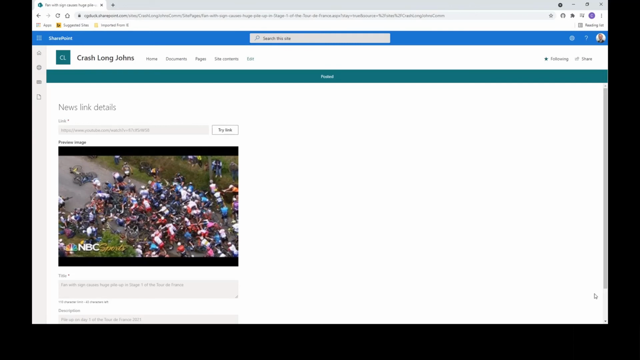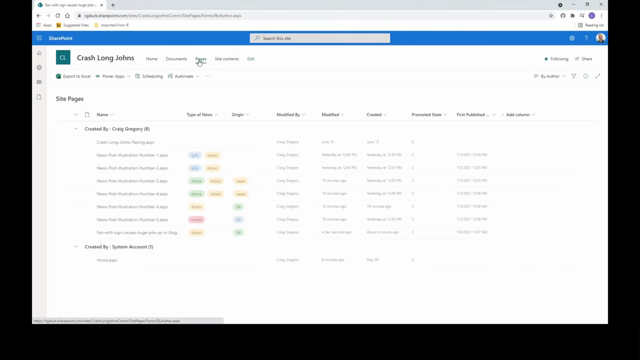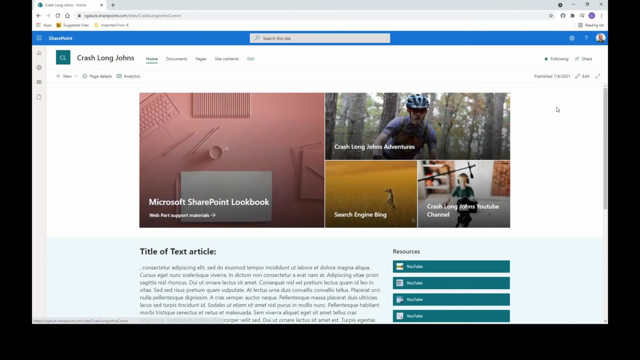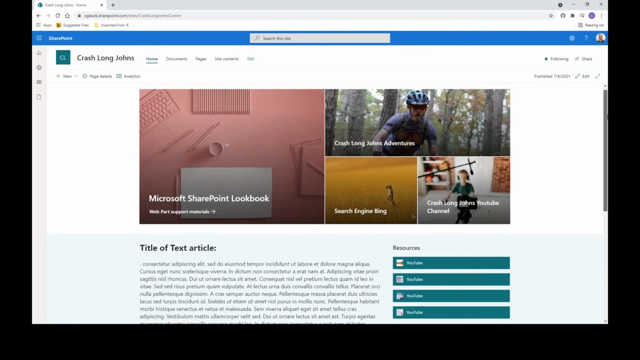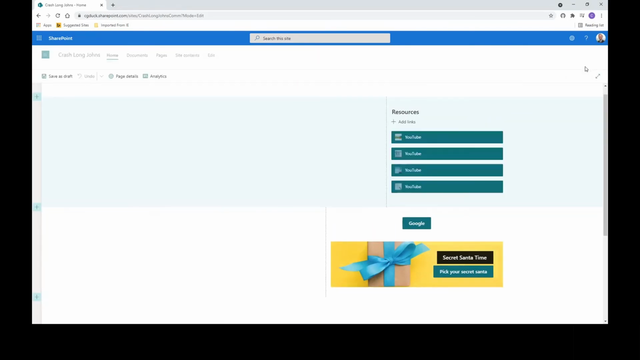So that's been posted. We go to pages. Again, it takes us to our site pages and site contents. You'll see that we have our news link. You can tell it's promoted state 2, which means it's been published. It has our first published date. Now if we go back to home and we go down to our news web part, we don't see that. But if we hit edit real quick,